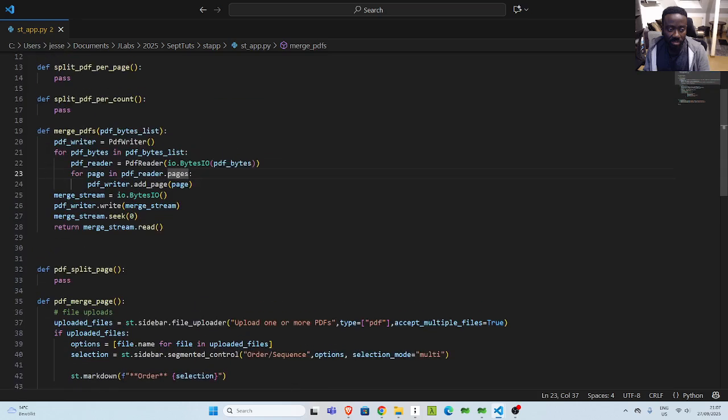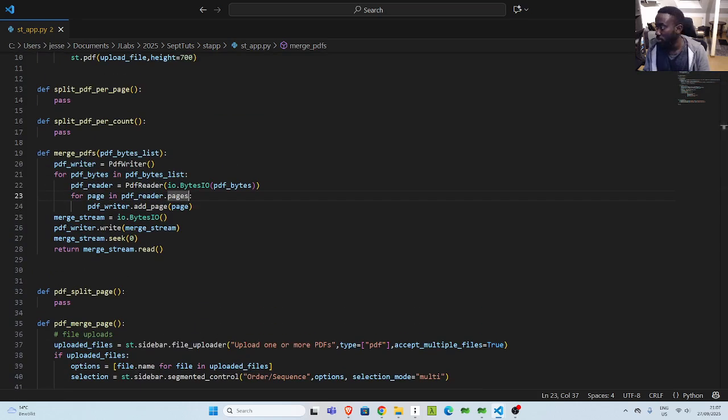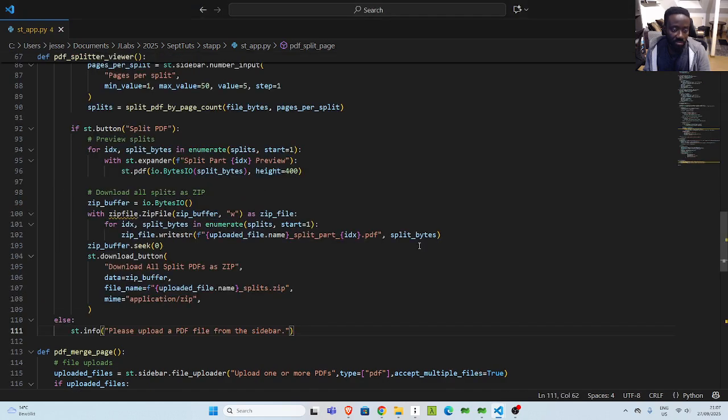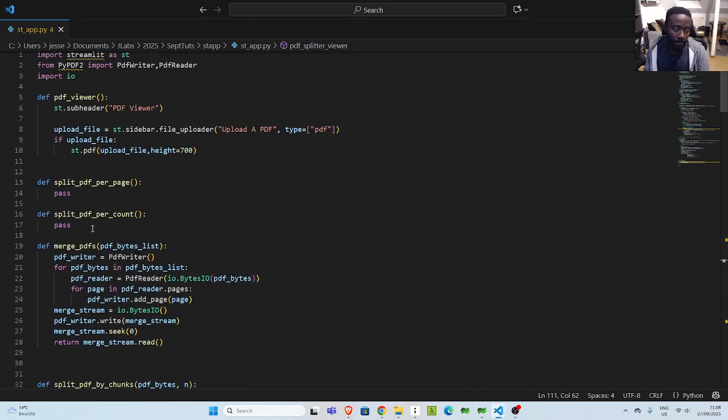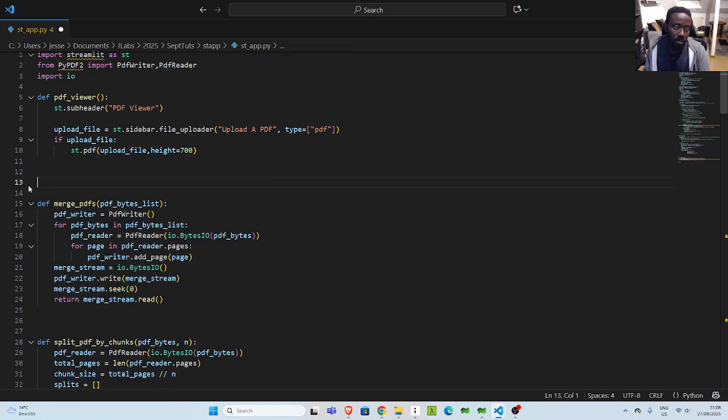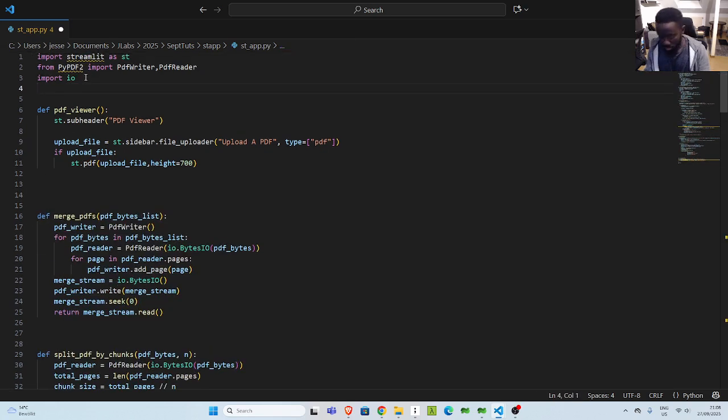To save us time, I have the code already, so I'll copy it and then explain it so that it's faster. So let's go down here, and I will copy it in a moment and explain it, right? So I'll copy this one, and then we will merge it here. So this is going to be the PDF merge. So what we will do is that we need to import zip. So from zipfile we import ZipFile,